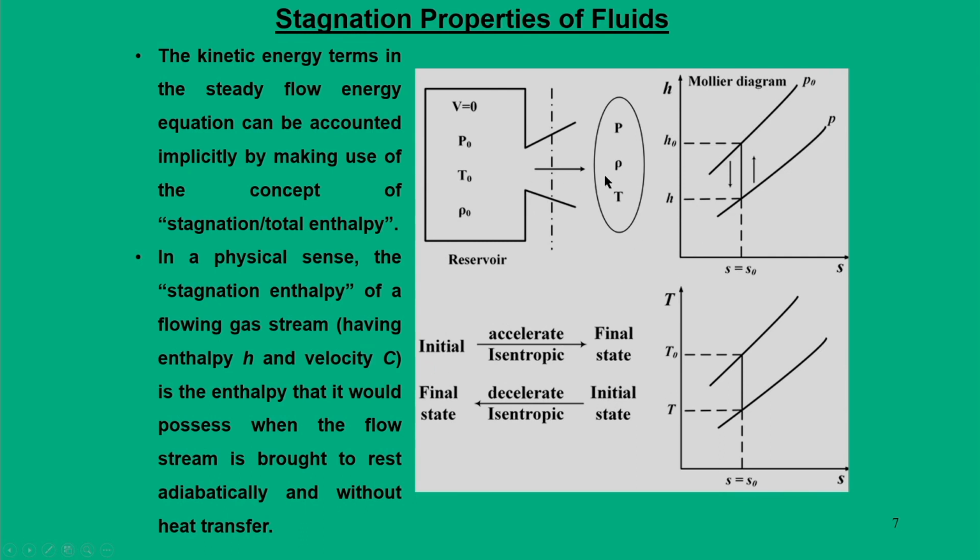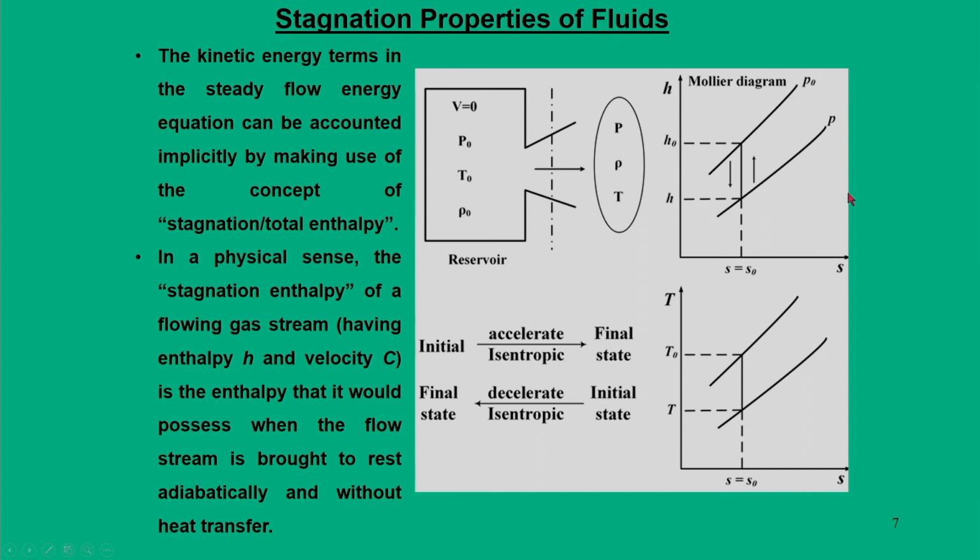So, for a given arbitrary system, if you have an initial state, we can accelerate isentropically to a final state, and we can also decelerate the flow isentropically from the initial state to the final state. So, now I am putting the stagnation enthalpy in the reverse definition: the flow already has a certain velocity, pressure and temperature. We are decelerating the flow to the final state, so that its velocity becomes 0.